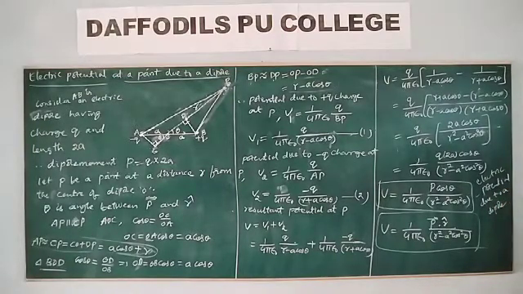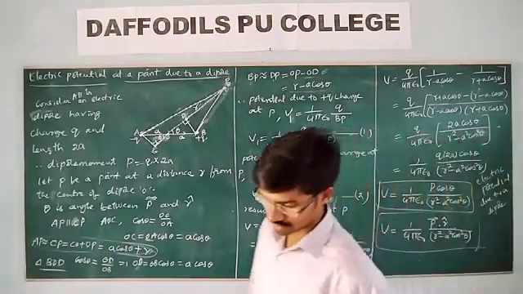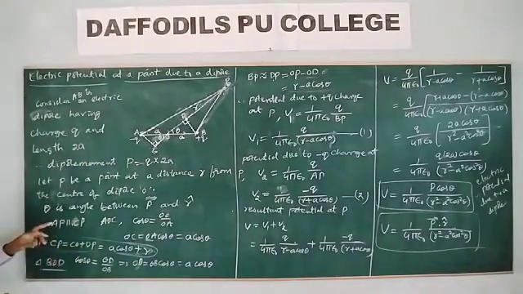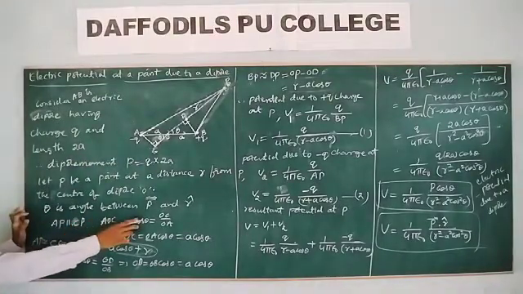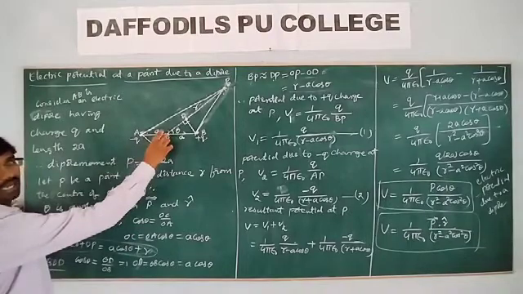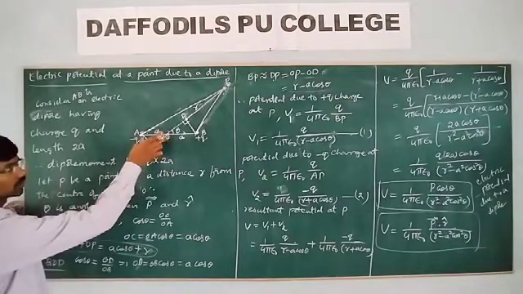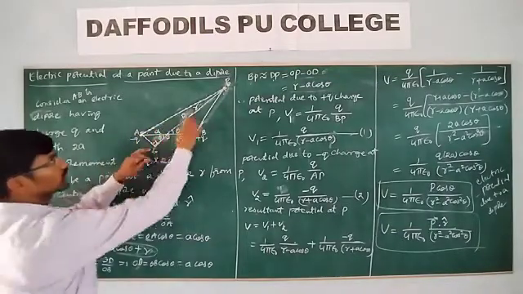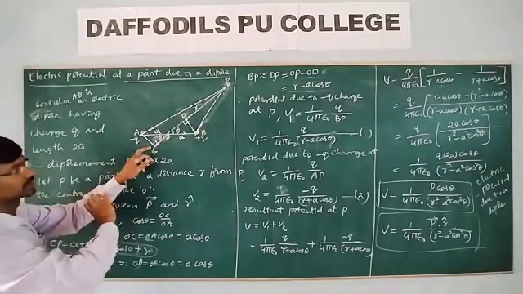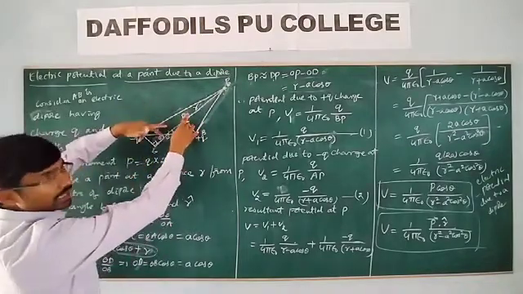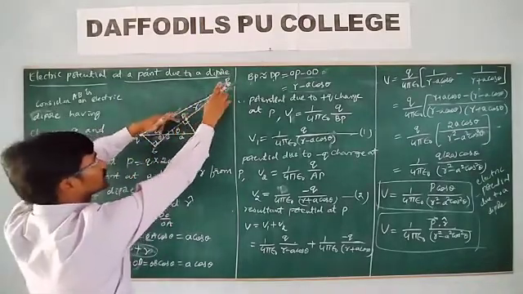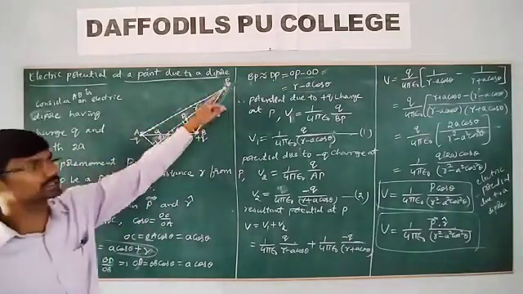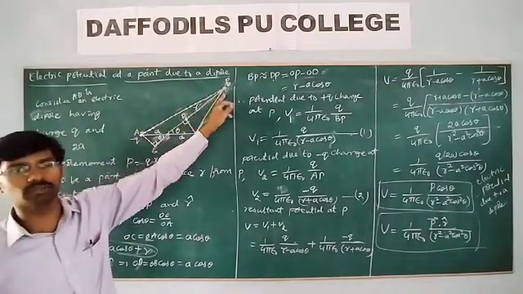Dipole at any point. Nothing to confuse here, we have just done the calculation. These are small things we need to understand. This OC value is calculated. Sorry, OA value is a, then OC value is calculated. Then total CP is equal to r plus a cos theta. Similarly, this OP value is calculated, then DP value is r minus a cos theta. Those two you need to understand. Therefore, the potential due to the charge at this point, and the potential due to the charge at this point, we calculated.